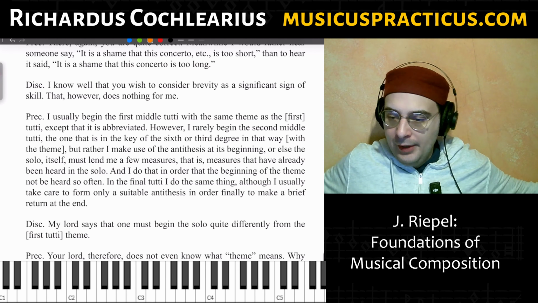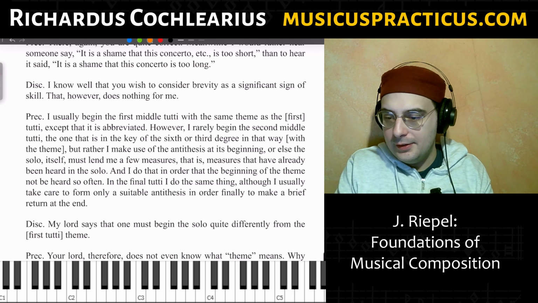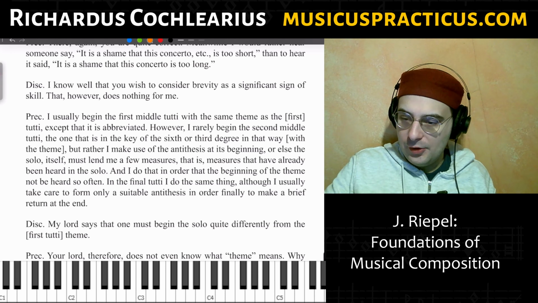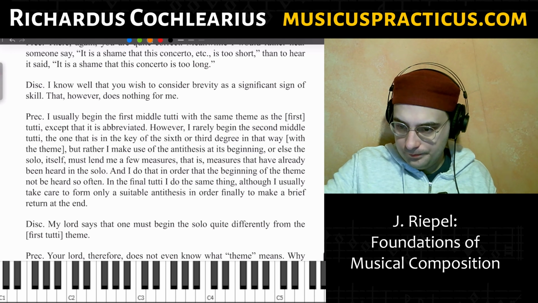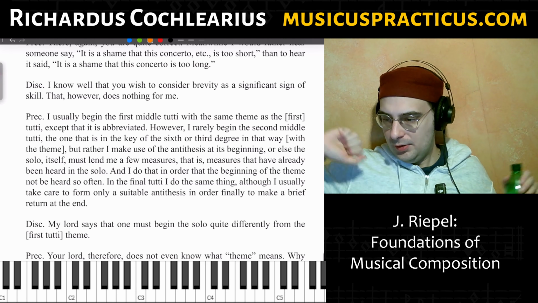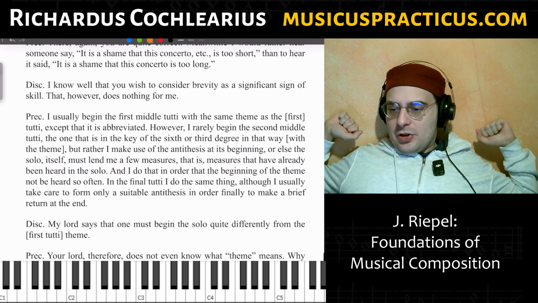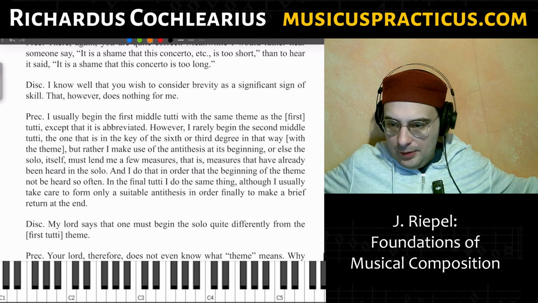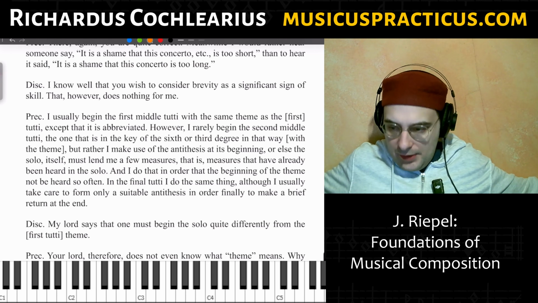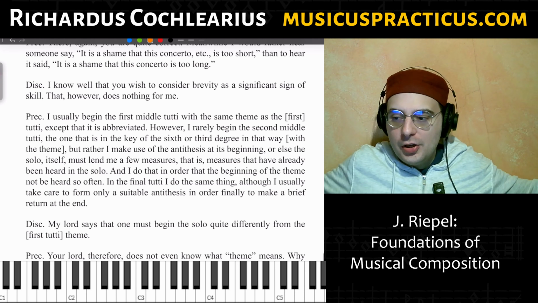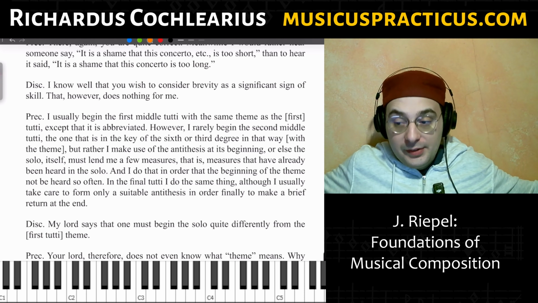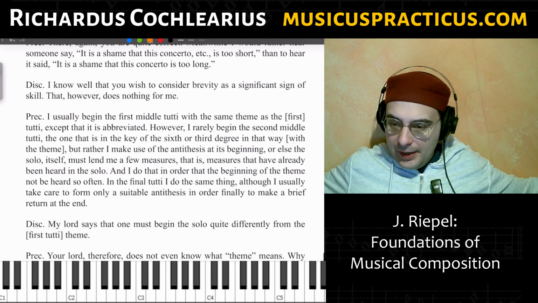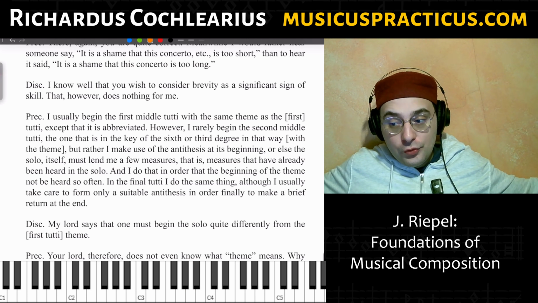However, I rarely begin the second middle tutti, the one that is in the key of the sixth or third degree, so minor relative or E minor, in that way with the theme, but rather I make use of the